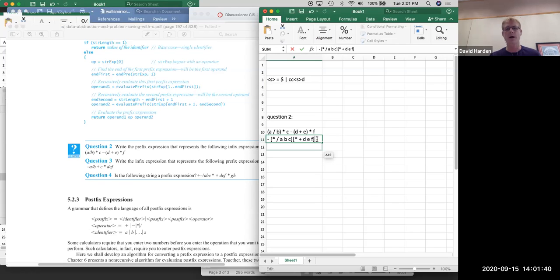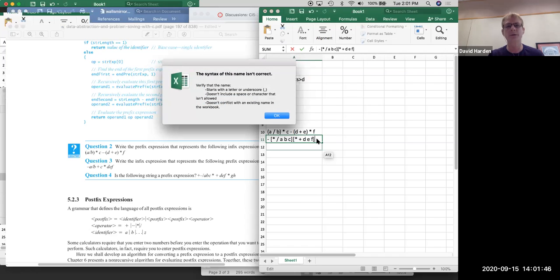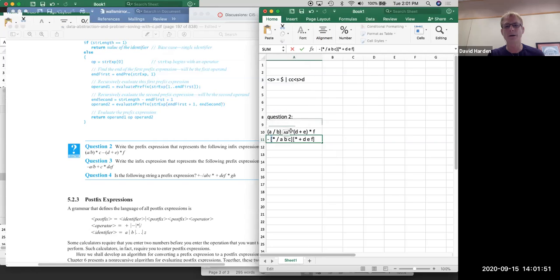Let me get rid of the square brackets. I want you to look at it with the square brackets there. Actually, let me just leave them there. Oh, it doesn't like that I'm starting with a minus. All right, what's the trick in Excel to get it to just treat this like text? Okay, well, guess I should have used Word. There was a method to my madness, but